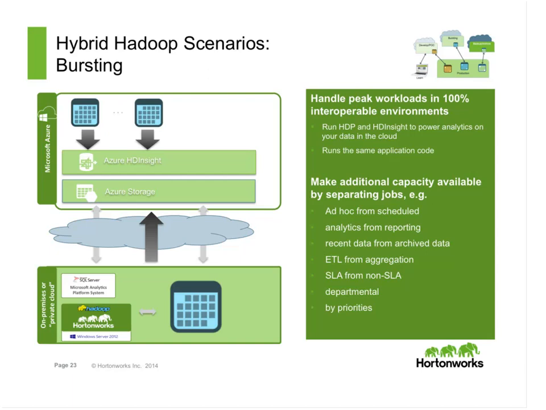Instead, in the hybrid bursting environment, it's pretty common that one can say there are a lot of jobs that I want to move off into the cloud while my on-premises job completes much more quickly, or completes at all, because it's an SLA job or a high-priority job. Or what we see often is